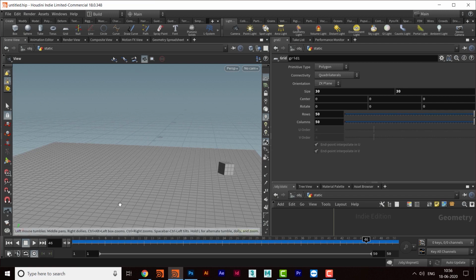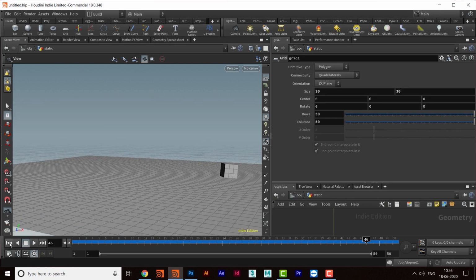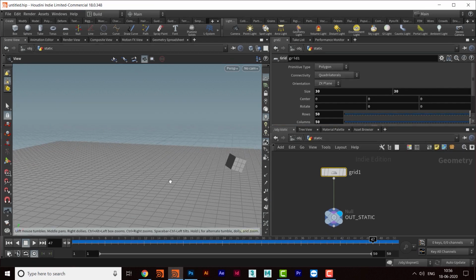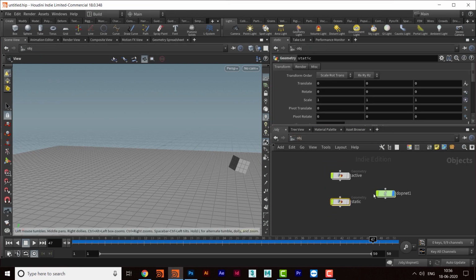I do not use RBD a lot. I am working most of the time with the bullet solver, which is fast and gives good results. With RBD, there is one more problem. When we are working with a complex shot, it gives good results, but it takes a long time to solve the simulation. So here is the solver, and this was a basic shot with which we can start. For this video, I think that's enough from my side.